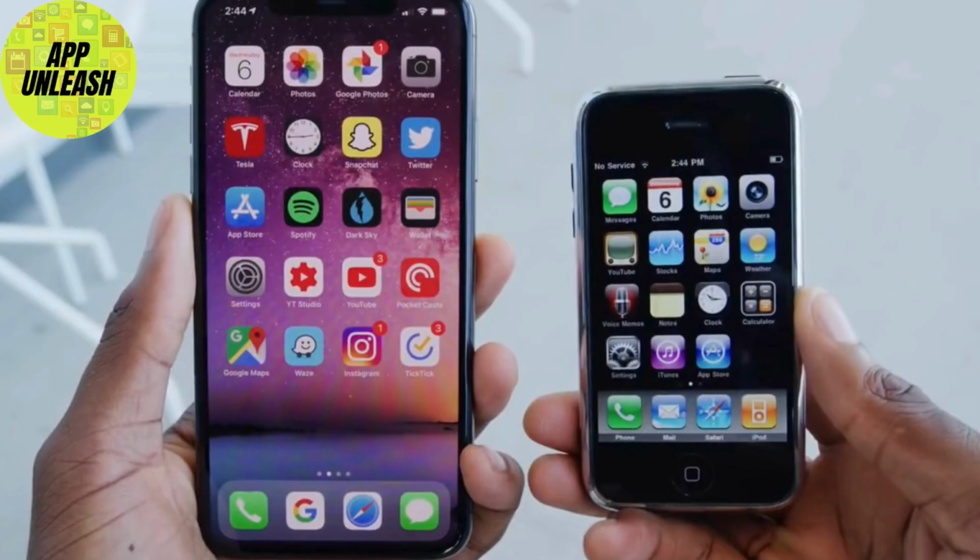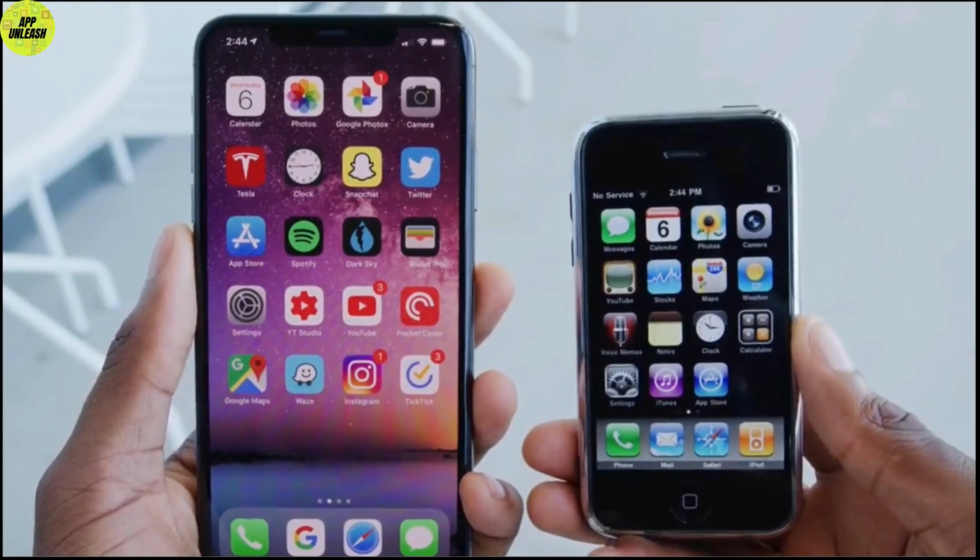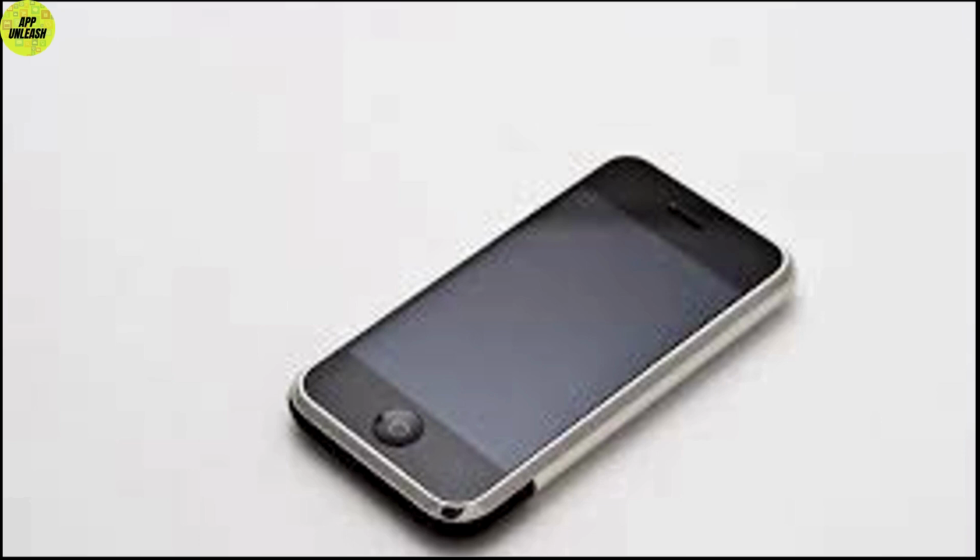In today's video, we will talk about old iPhone versus modern iPhone. So when comparing old iPhones to modern iPhones, there are several key differences that highlight the advancements in technology, design and functionality. So today we are gonna talk about it. Let's get started. Old iPhones, for example iPhone 4, iPhone 5, are a smaller, more compact design with a 3.5 to 4